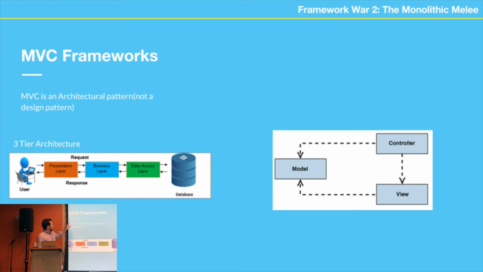So MVC is an architectural pattern, not a design pattern. This is some material that I want y'all to look into later on, whenever you're bored and you're like, okay, I want to know about something cool in programming. Architectural patterns, design patterns, two very different things. Architectural patterns are a way for you to separate your code base, in this case, into either models, views, or controllers. It needs to fall under one of those three components.